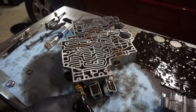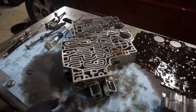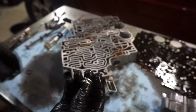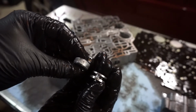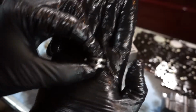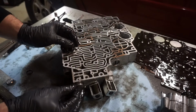Then this filter is going to go in the hole, and the spring's going to go in, the orange spring. And then this is going to be the end cap. So this end cap's a little bit different. This whole assembly is going to stick out farther, so the pin is going to go through the end cap instead of being on the outside of it. So we'll push this thing in